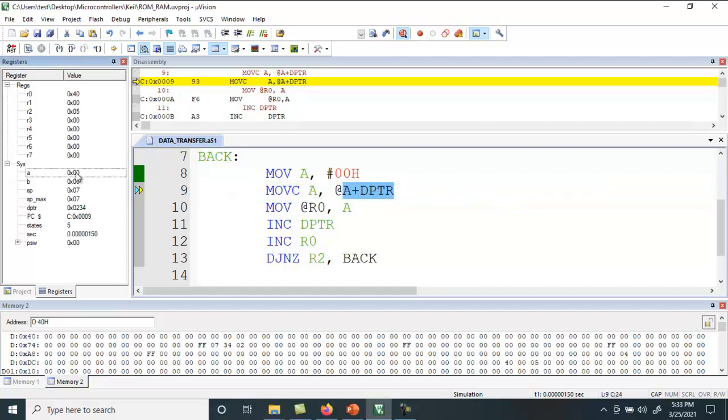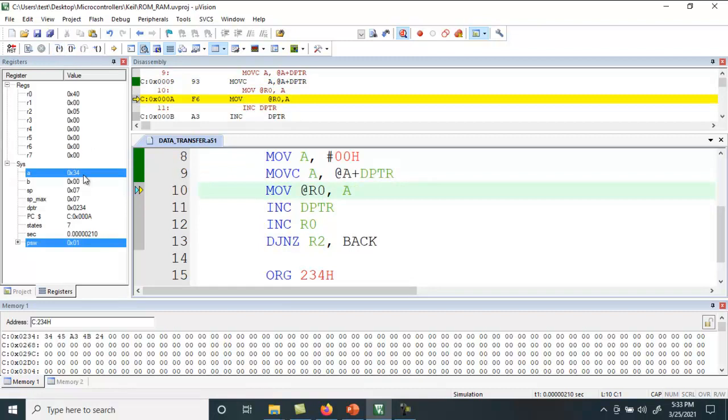Accumulator is 0, 0 plus 234H, the addition will be 234. From the address 234, this value will be copied into the accumulator. So we will get 34 in the accumulator in the next step. Here we can observe the 34 value.